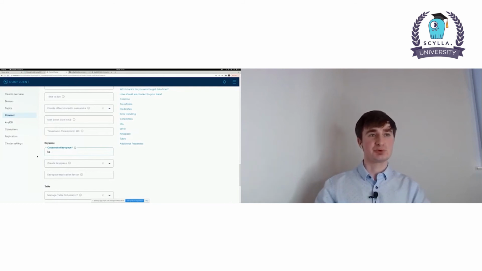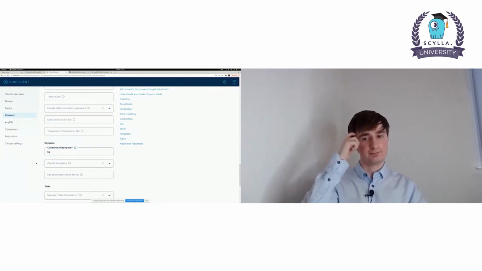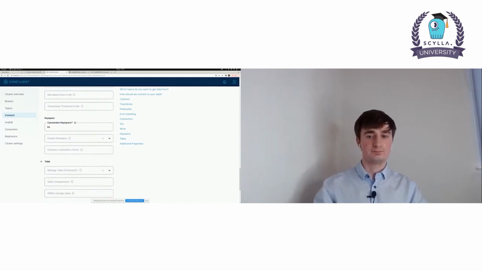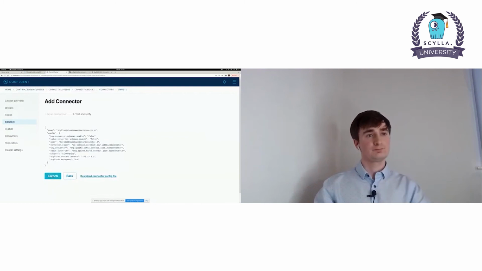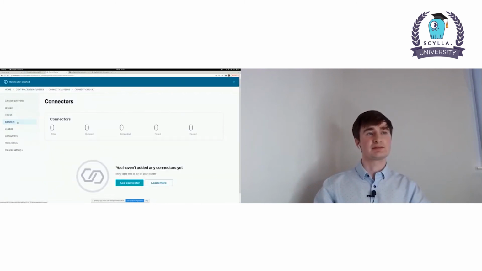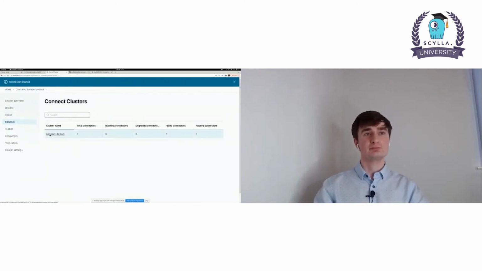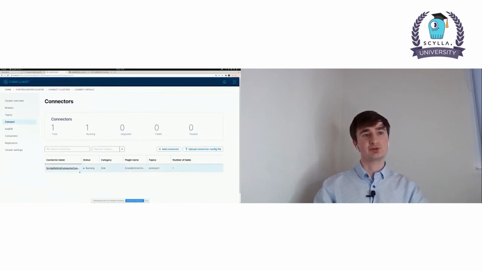In this case, we'll use the KS keyspace we have just created before. And now we have started the connector, and it has started to listen for messages on this topic we have created.